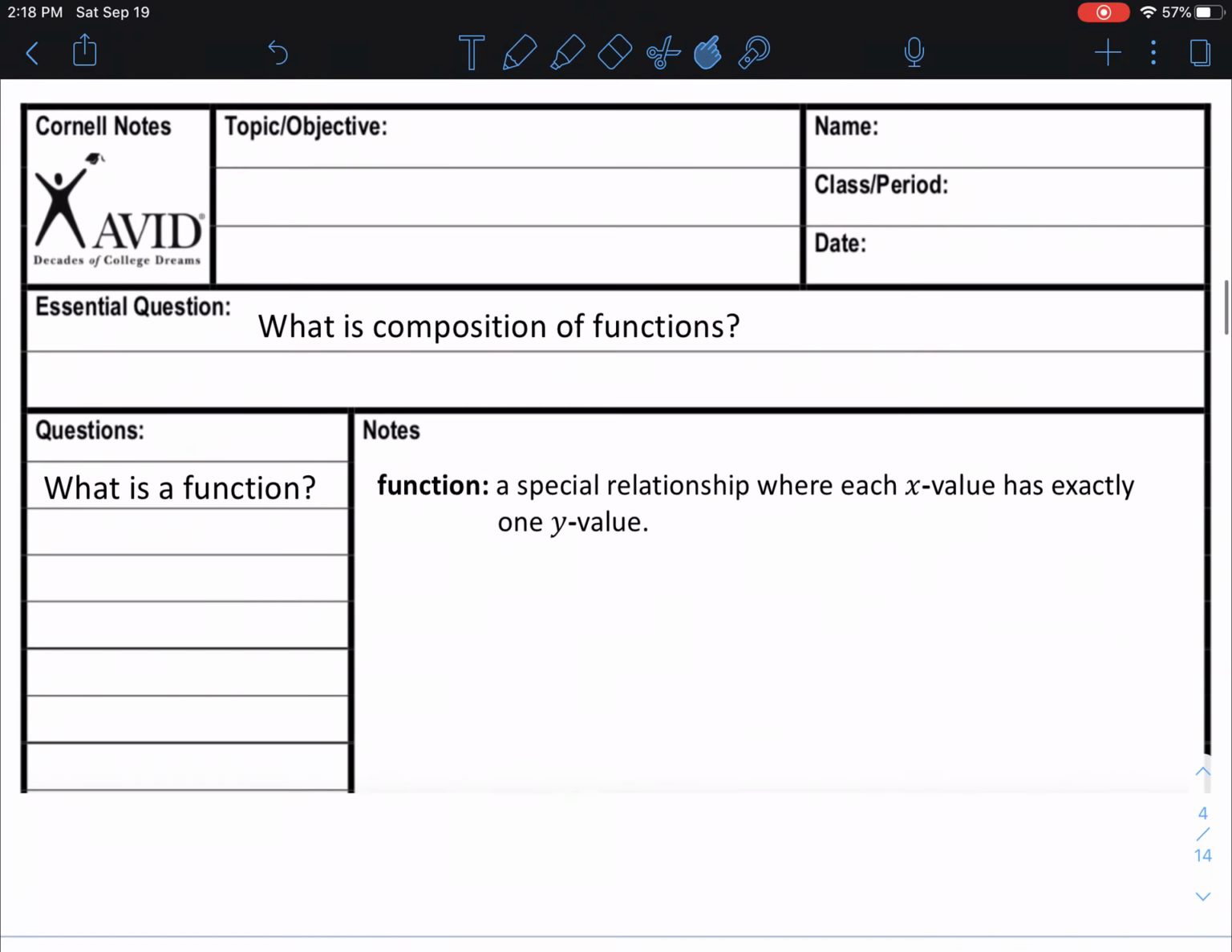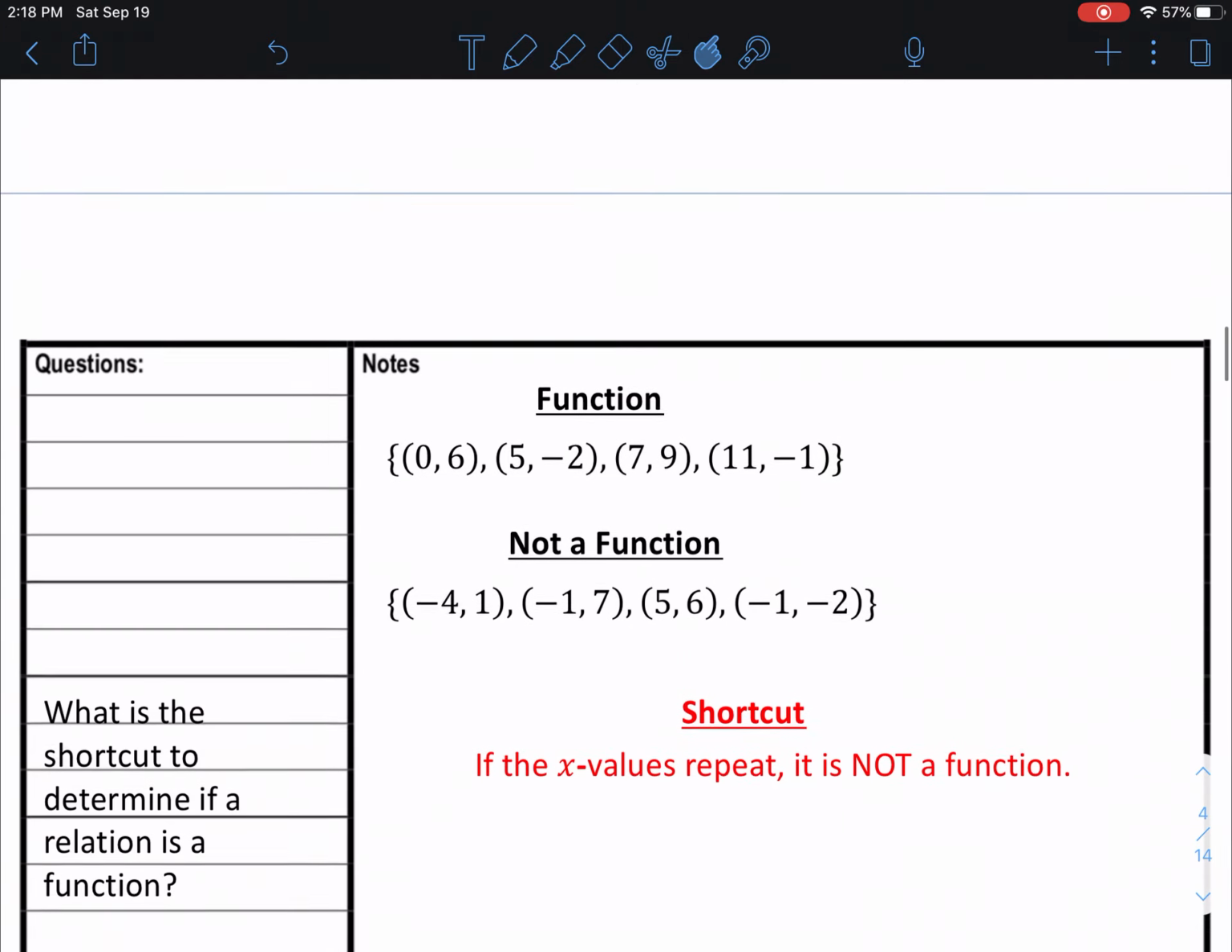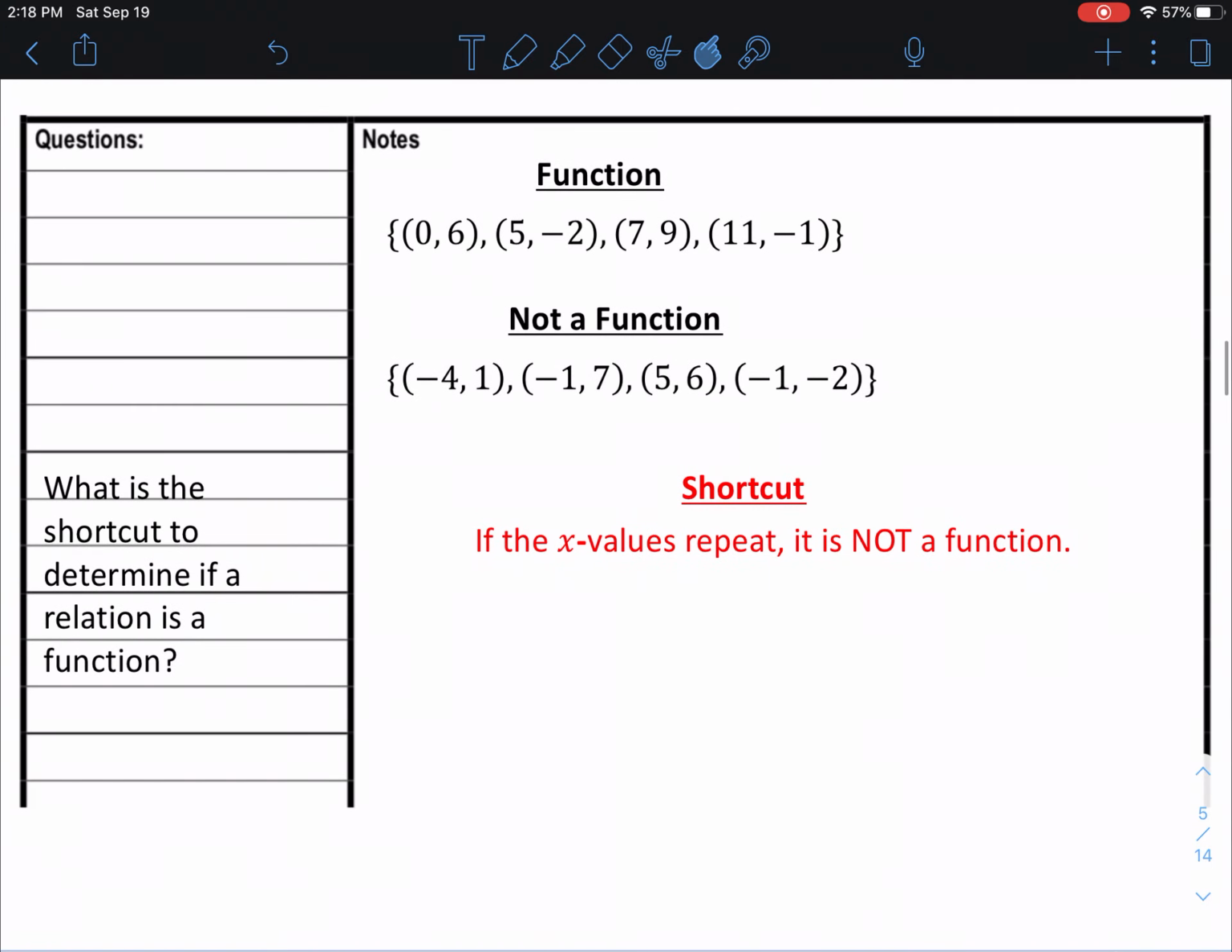All right, into functions. What is composition of functions? Before we get into that, we're going to first talk about what a function is. So a function is a special relationship where each x value has exactly one y value. And so let's take a look at what that means. So here I have a couple of sets of ordered pairs. And you can see in the first one, it's a function. Let's just examine